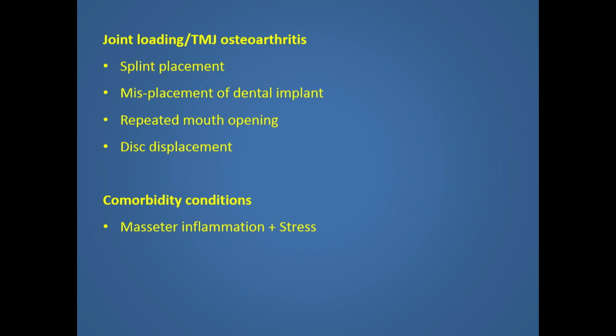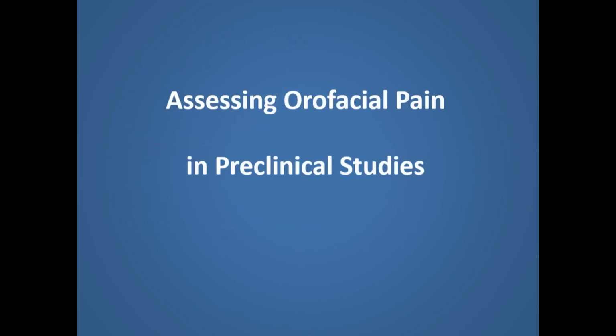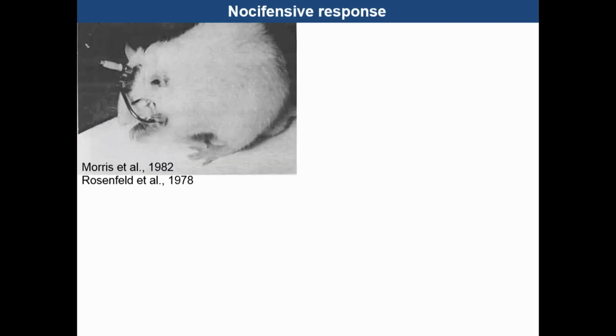Another challenging aspect of studying this area in animal models is how to assess orofacial pain in animals. It's not like the spinal cord, where it's much easier because you can just test the paw response. But we have made quite a lot of progress in this aspect too. I remember in the early 80s, this is what we had for trigeminal pain assessment: put in a thermal probe, implant it, and deliver temperature. It's very invasive and it's not very popular.